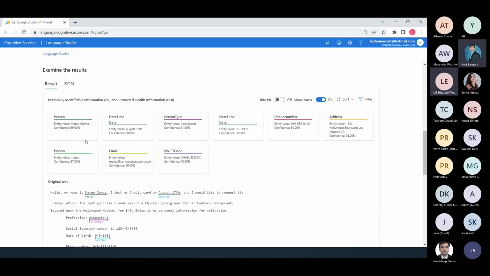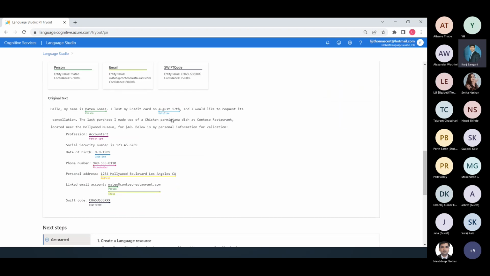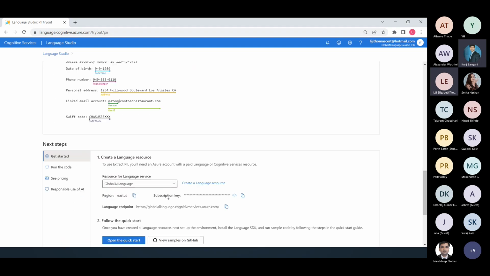So the AI service, as you can see, has identified that there's a reference to a person, there's a date, there's person type, there's date time, there's phone number, address, there's SWIFT code, email. It's identified that there is so much PII in this piece of text. And then based on a use case, you can apply action accordingly.